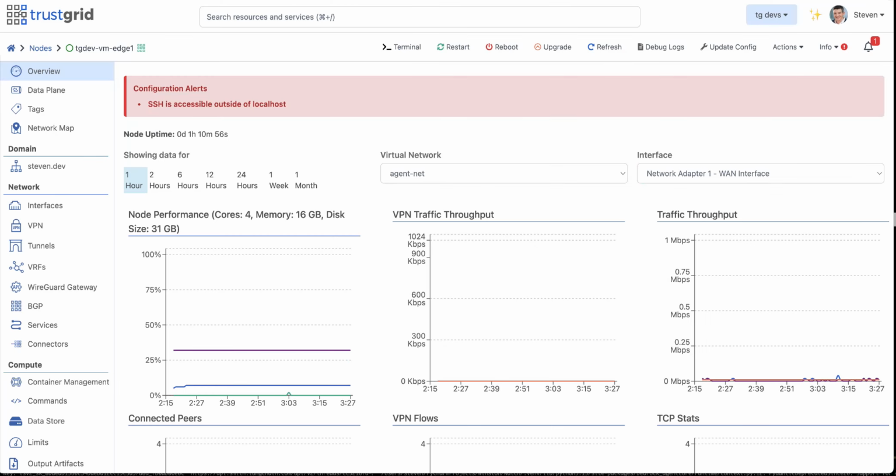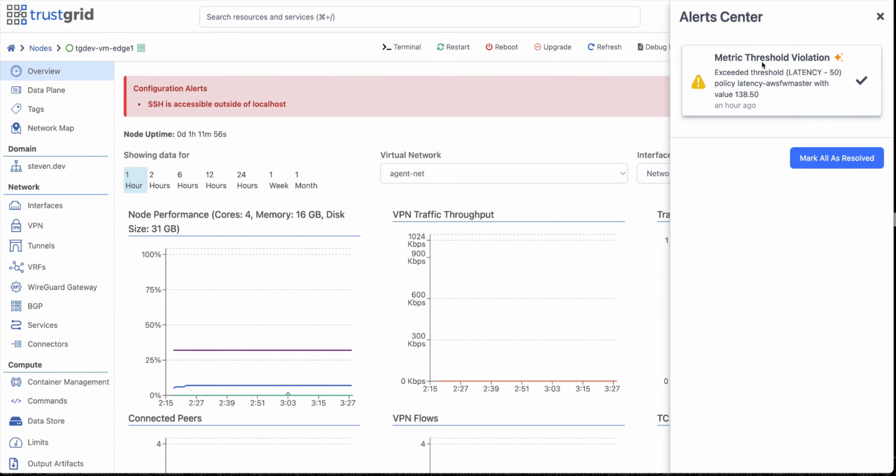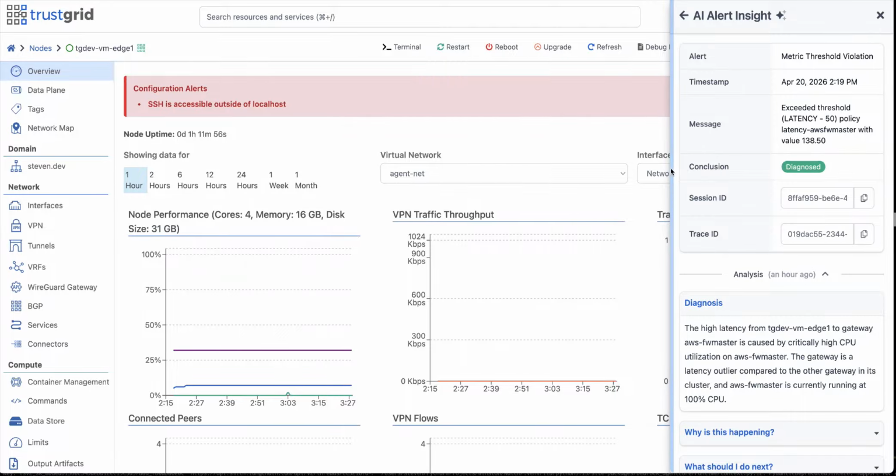And now I'm going to demonstrate Trustgrid Watch actually diagnosing an alert. For this test, I added a stress component to one of the gateways involved so that the additional latency introduced should cause a threshold violation alert. So I'm looking at the edge node that should receive this alert. I'm going to go over to the Trustgrid Alert Center, and I do see that there has been a latency violation alert. Then I'm going to click on this AI alert, and we can actually see Watch's diagnosis